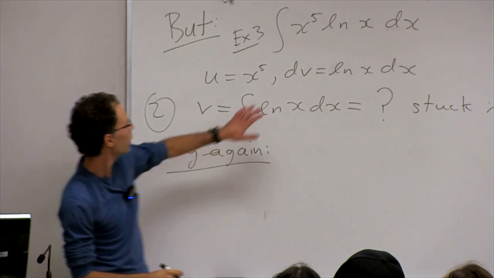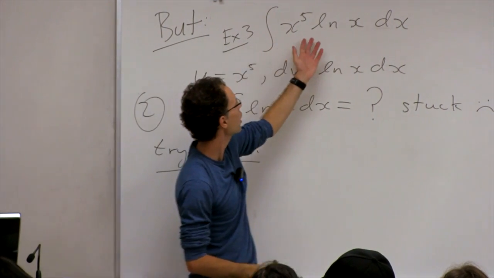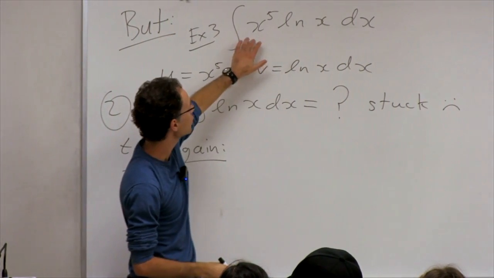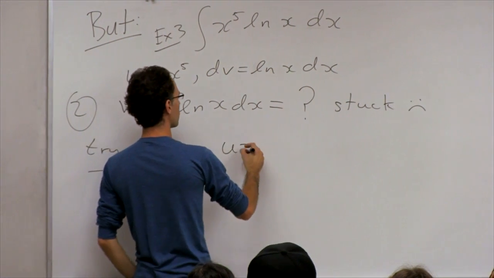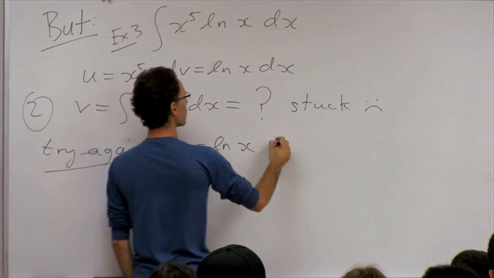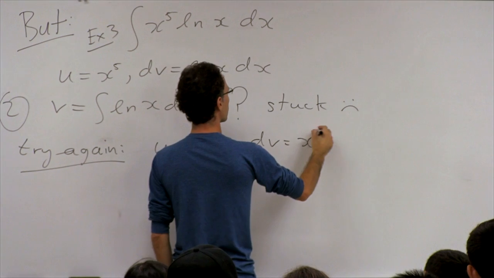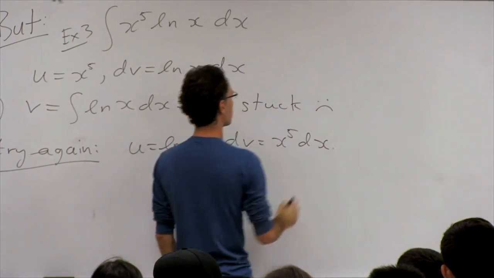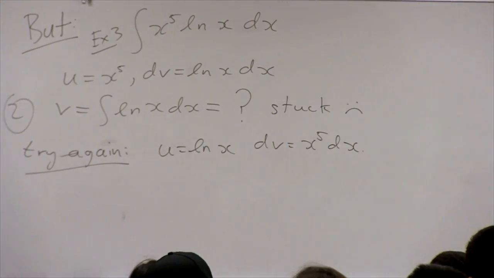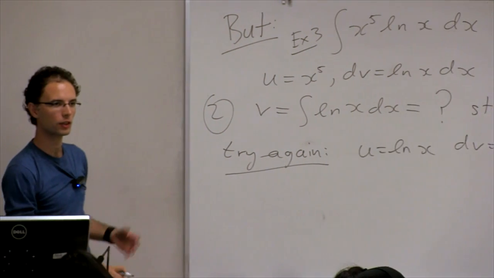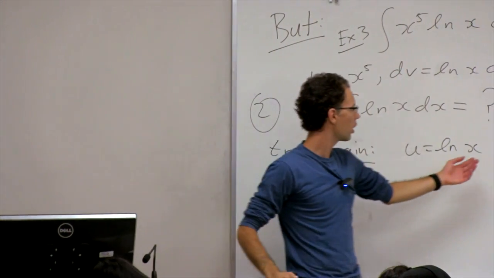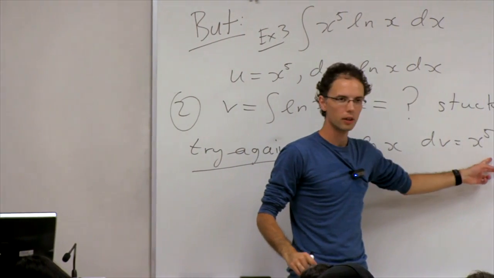Let's use a different choice. Let's try the other way around. You could, for instance, try u to be the natural log of x and dv to be the remainder, x to the fifth dx. Okay. So in this case, what's going to happen is we're going to increase our power of x here when